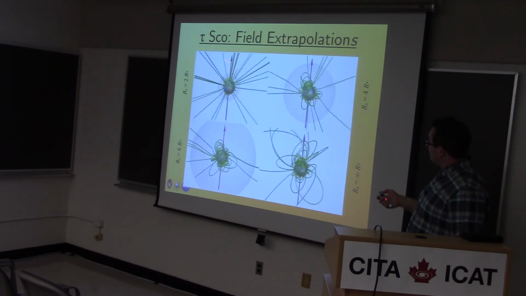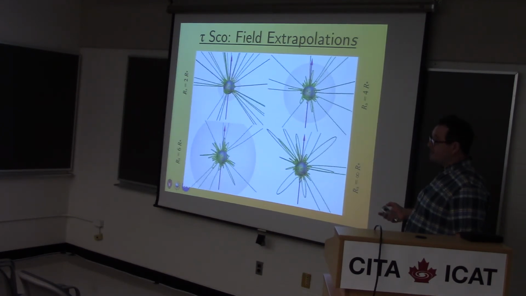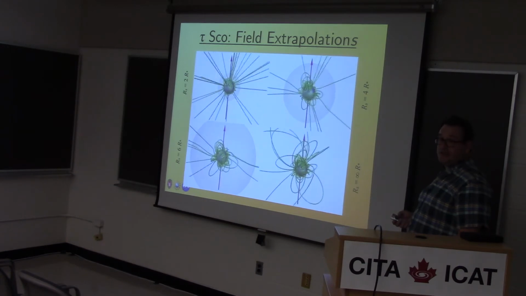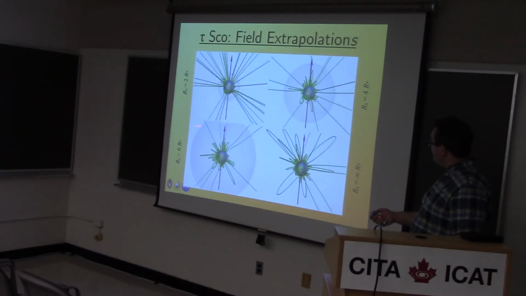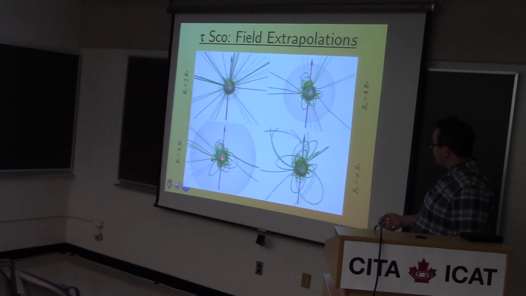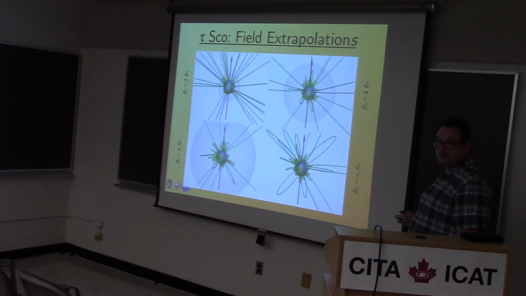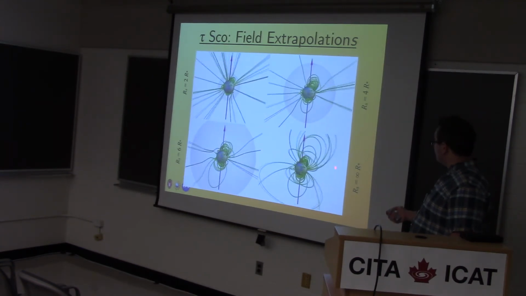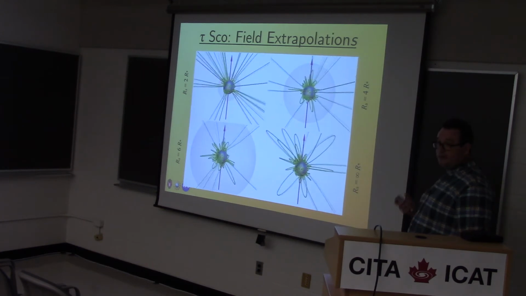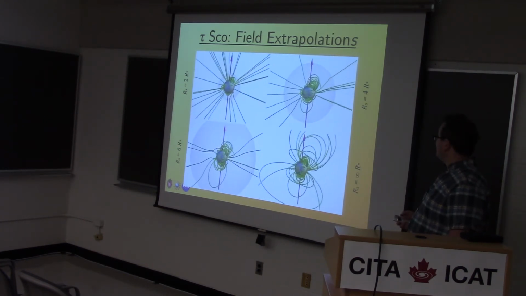So for a source surface close to the star, there are only a few closed field regions in the star's magnetosphere, and they typically don't extend very far from the star at all. But as we go to larger source surface radii, you can see we get much larger magnetic loops, and most of the magnetic field lines coming out of the stellar surface remain closed. And then this is an example where the star has no source surface, so all the field lines close at some finite distance from the star.